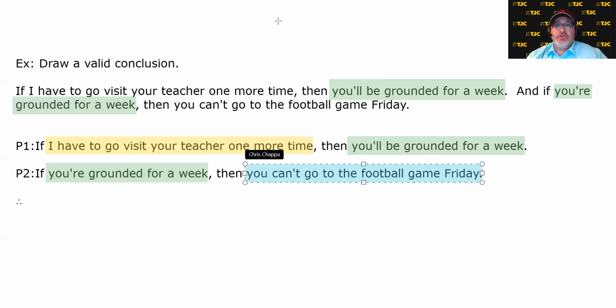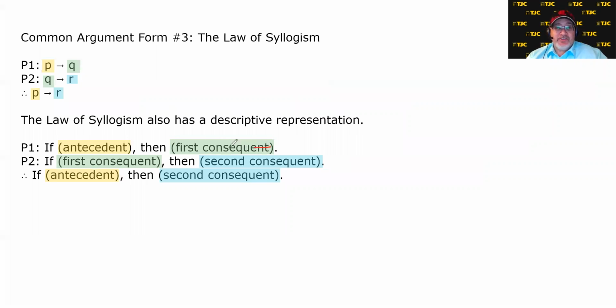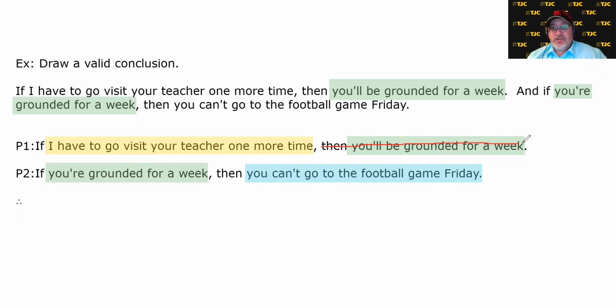So if we want to draw a conclusion without being told, is this conclusion valid? This is the setup for the law of syllogisms. If you go back over here, remember when I said these guys kind of cancel each other and you're left with the if first antecedent, then second consequent? That's exactly what's happening here. This matches that, and they sort of cancel, and so we're left with if this,